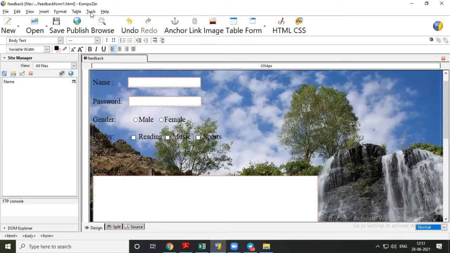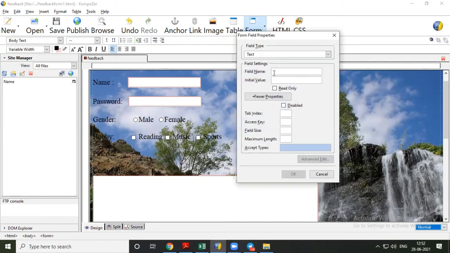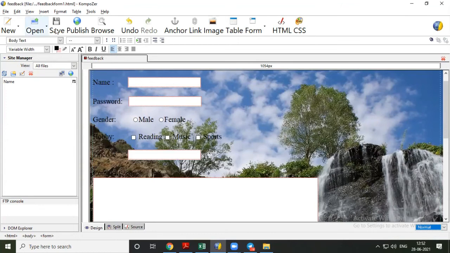Here again it is a syntax field, so form field, text, pin code. Same name I am keeping here. Okay, and I am clicking on OK. Save this and